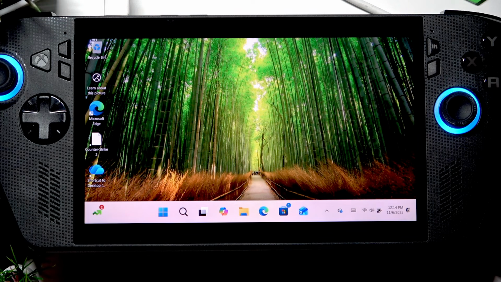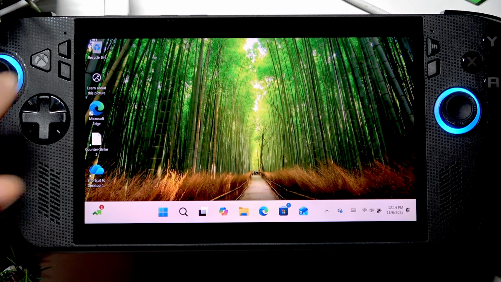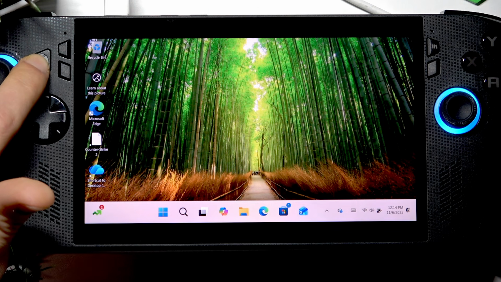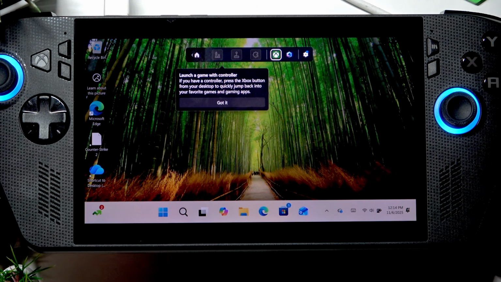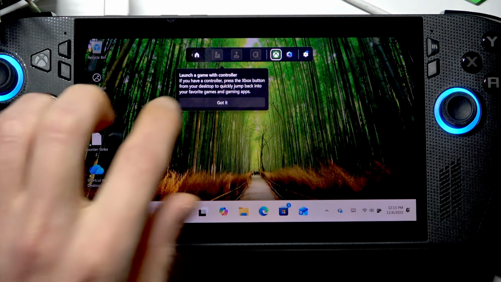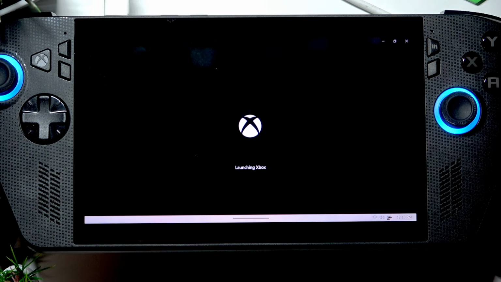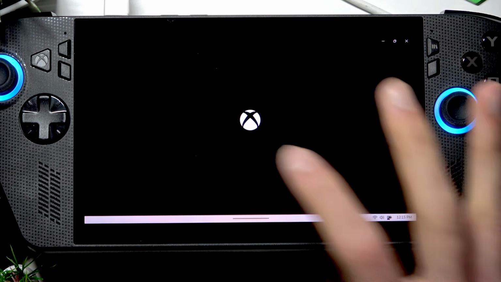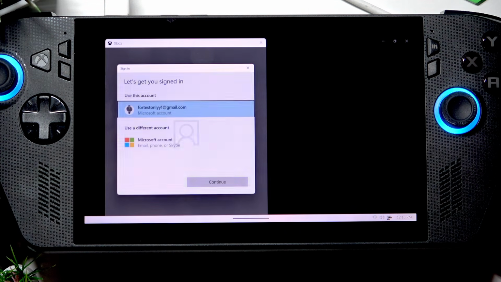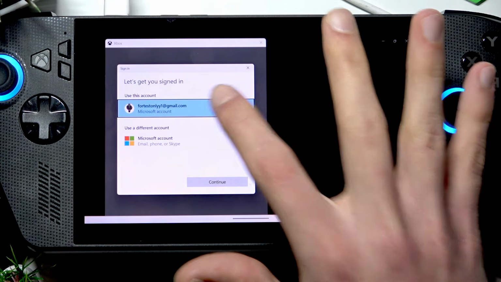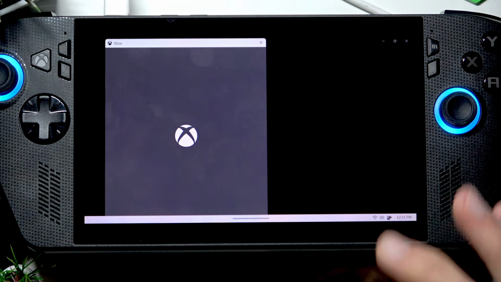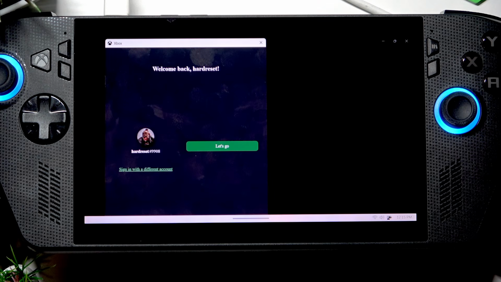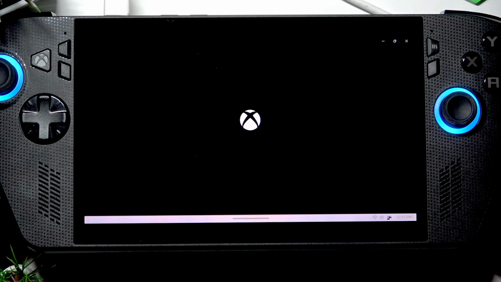So when your Windows is freshly installed, let's first install the Xbox. Since we don't have to do much in order to install the Xbox, just press the Xbox button right here and then open the Xbox from the list. Wait until the initial update is installed, and then let's sign into the Xbox account using, for example, the Microsoft account on your device. Tap continue. Tap let's go, and